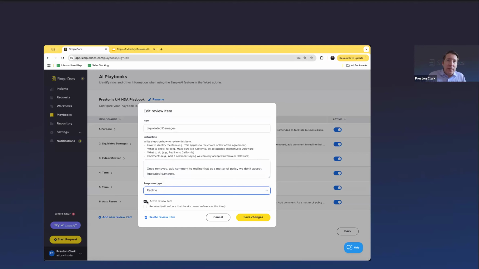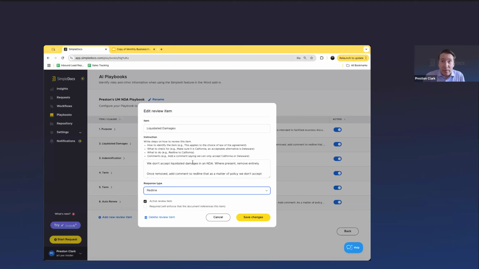Okay, what does that all mean? It means that we've just codified a rule for our Microsoft Word add-in, which I'm going to show you in a moment. If you're like, what the heck is this, Preston? I'm going to show you what this looks like on the front end. But when you're configuring a playbook, this is what it looks like on the back. And what's great for those of you who may have adopted AI tools 2 years ago that were far less advanced, where you were having to put in a lot of if-then, well, if it says this, then do this, the beauty of OpenAI and other large language models is that we can be very direct, but also concise.